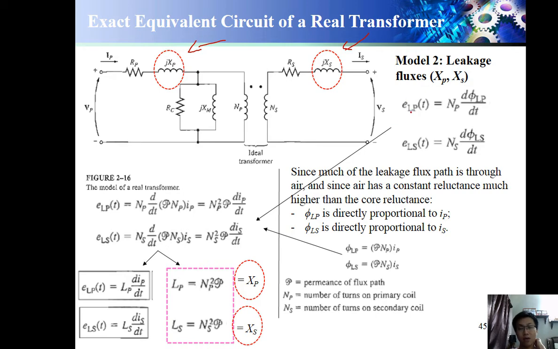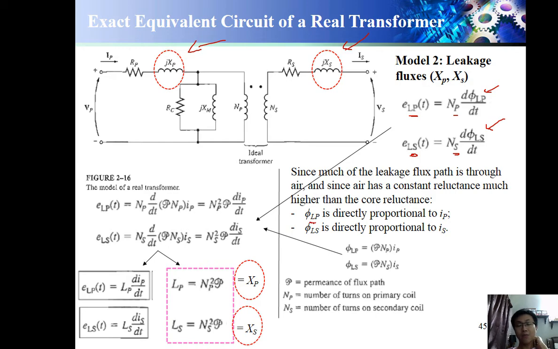From Faraday's law, the leakage EMF due to the leakage of the primary winding is E equals N d phi dt, right? E also equals N d phi dt only. This is due to the leakage on the primary side, and the leakage on the secondary side. Since much of the leakage flux path is through air, meaning there's no cutting to the winding, and since air has a constant reluctance much higher than the core reluctance,